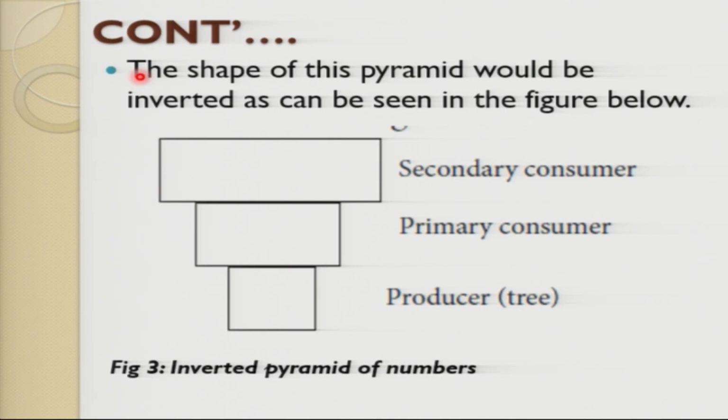Primary consumers, the second size. Then secondary consumers will be bigger than the producers. This is an inverted pyramid of numbers, not an upright pyramid of numbers. All right? So that is very clear. And we have seen how we construct the pyramid of numbers and the pyramid